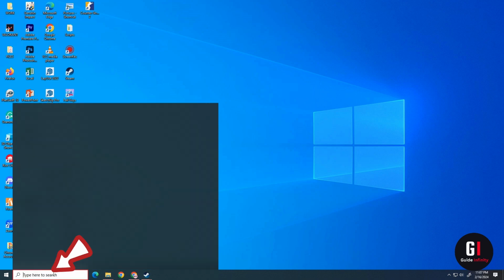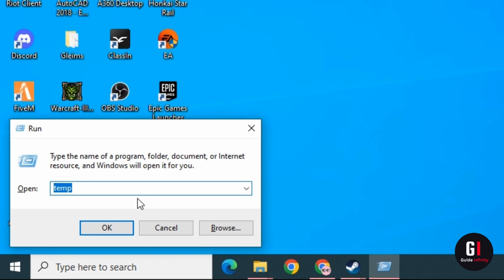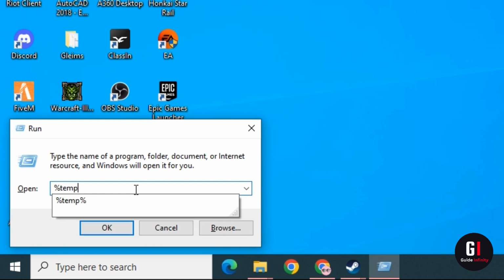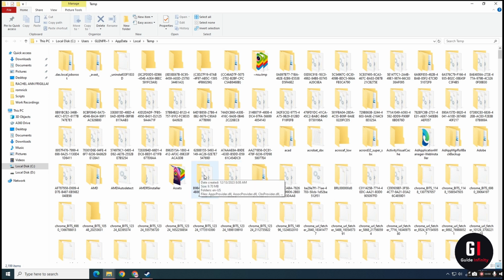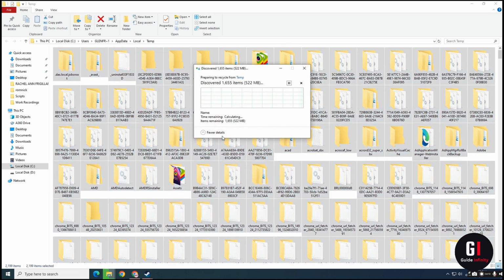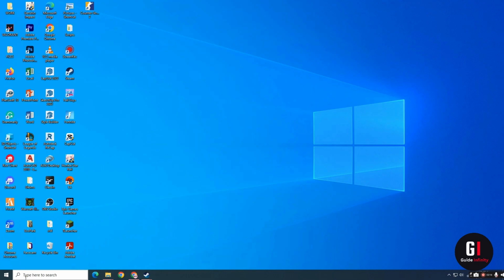What we're going to do again is open up the run app. This time you want to type the following, which is a % symbol followed by temp and then another % symbol, and then go ahead and press enter to open this up again. What you're going to want to do is select everything in this folder and delete it. So once you've done that, you can see that we're back onto my desktop, and then there's one final